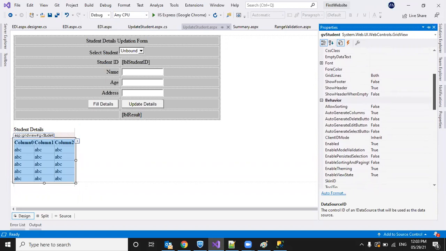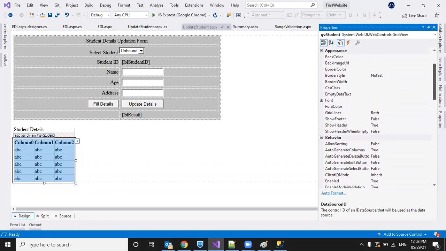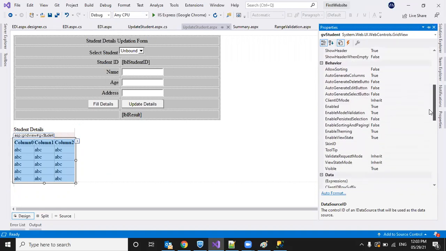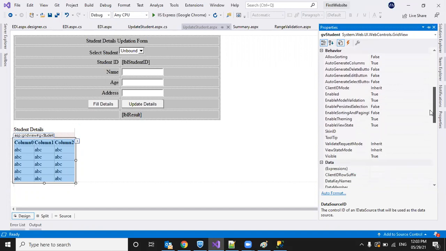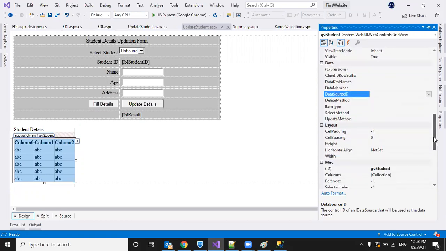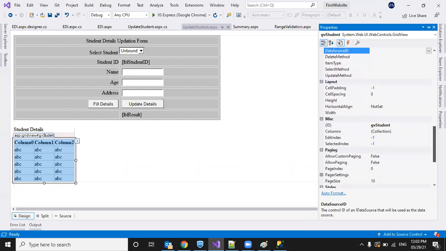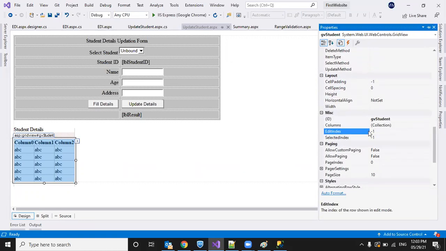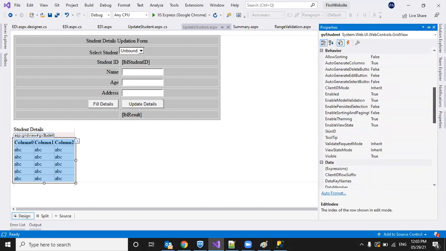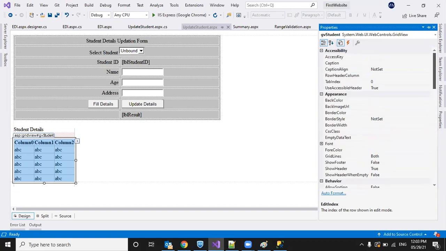So now I want to provide editing facility. For that we use edit index. I'll show that. Before that, the edit button, command button.